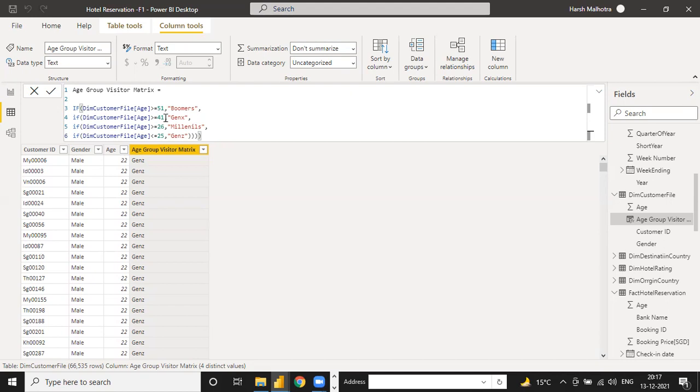In Excel we have to write it, but in Power BI we don't need to, because in Power BI when you write any condition above, it means your above condition first goes for all the rows, not for only one range. It goes through all the rows, and if the value is 51, it writes boomers, boomers, boomers, and after that, when the 51 range is complete, Power BI disables this condition and then goes to the next condition. Same way, it goes again through the whole rows, then disables this condition, then this one, and then this one at the last. So that is why in Power BI we follow the hierarchical order, like higher to lower.